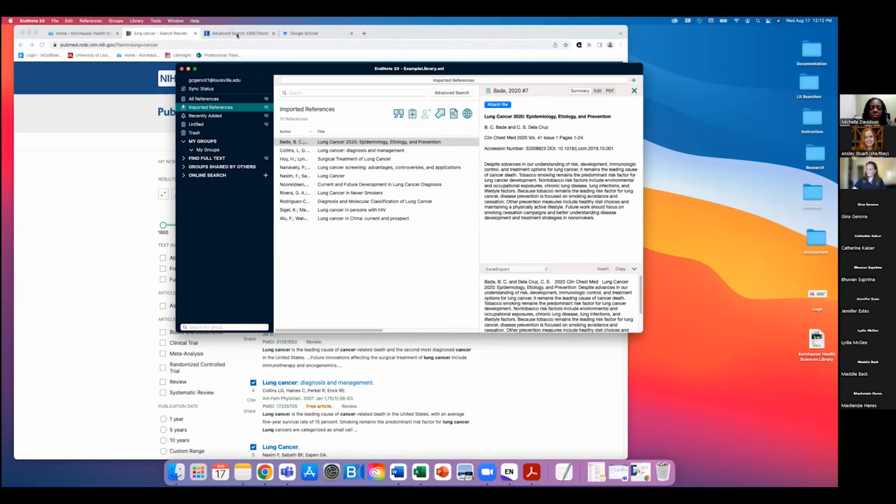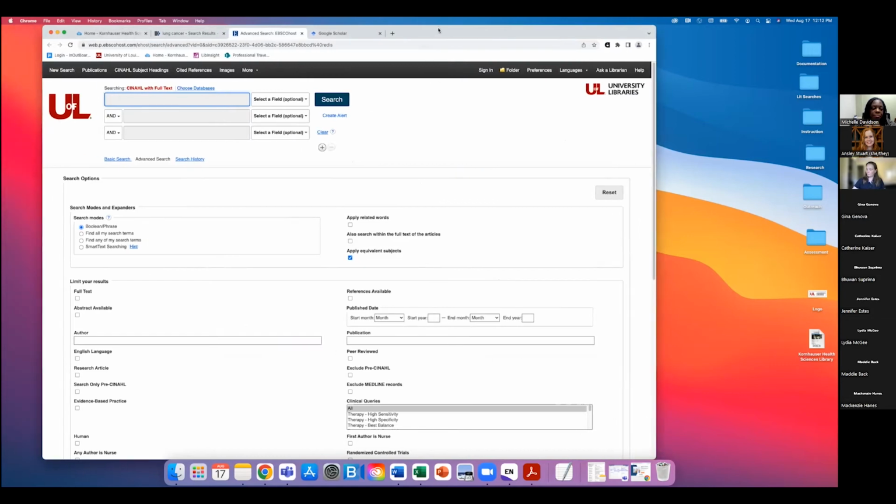Right. Now, there are several databases that we have at the library that look like this. CINAHL and PsycInfo are probably the top two, at least for our folks on the health sciences campus. And they all look like this because they're from the same vendor called EBSCO. That's not very important, particularly. What's more important is that if they look like this,